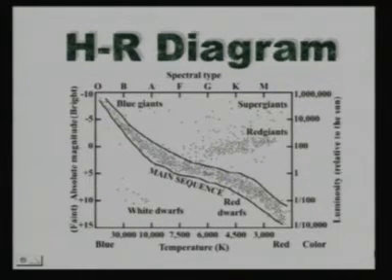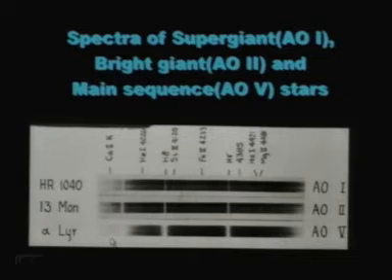Now, the question is, how do we really see whether a star is a main sequence star, or whether it's a red giant star, or whether it's a supergiant star belonging to a certain spectral class, say G. The way to do this is the following. We look at the spectra of these stars once again. In the last one, we have the same class of star but belonging to the main sequence. You can see that there's a subtle change. Do you notice that there's a subtle change in the lines?